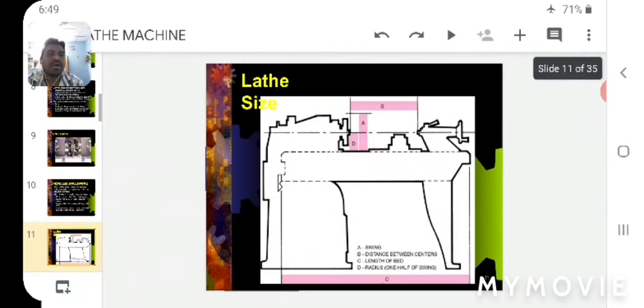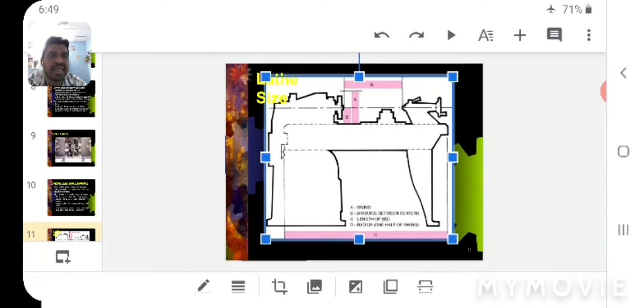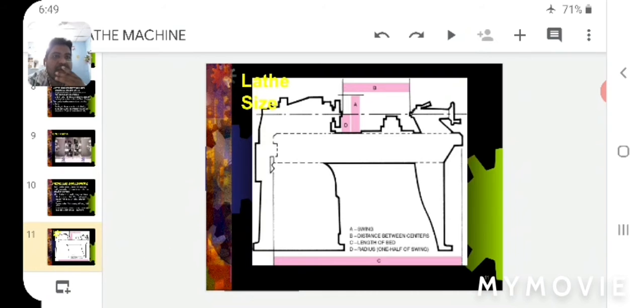Now we are going to see the size of the lathe. In the figure, you are seeing A, which is nothing but the swing. In other words, it is also called the swing over diameter. B is the distance between the tailstock and the headstock.